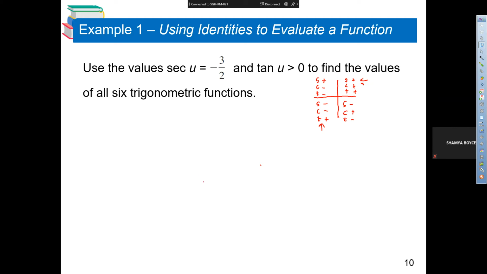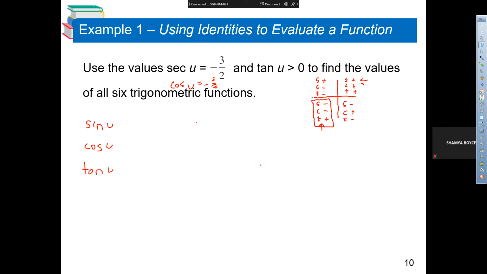So what we know is because the secant is negative, the cosine is also negative. It would actually be a negative 2/3. And cosine is negative in quadrant 3. So we know we are looking here in quadrant 3. But basically what they want us to do is find the sine of u, the cosine of u, the tangent of u,